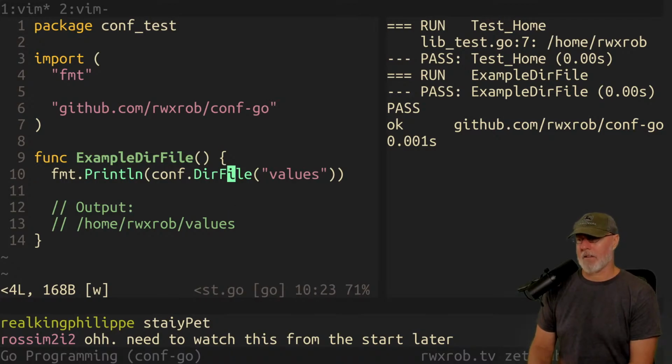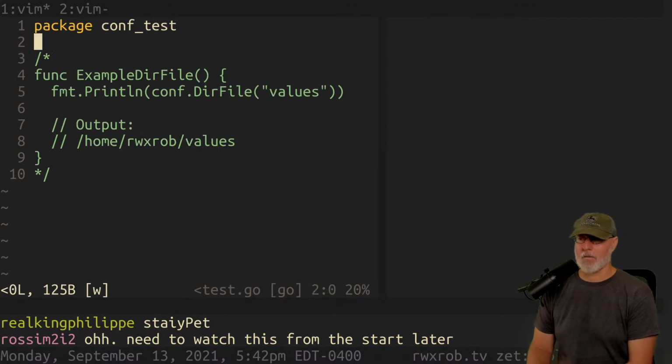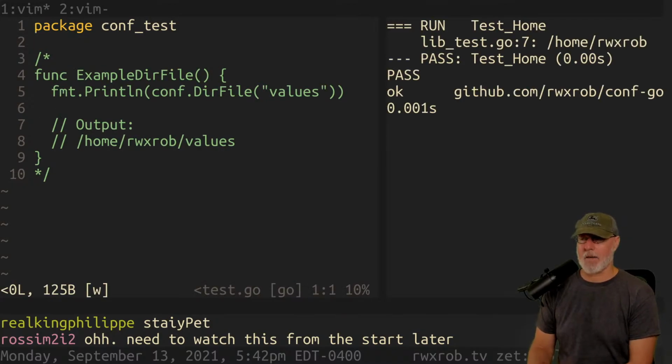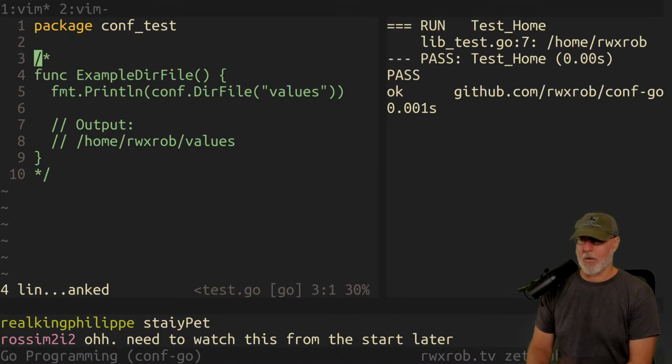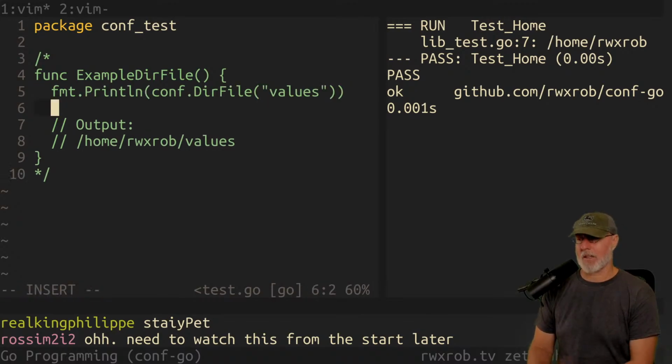But I mean, we can leave it right there. I'm going to tell you something I probably shouldn't. One of the things that I do is I leave in example tests like that and I comment them out, because I know that it did the testing and I can come back to it later, right? Another thing too is I tend to leave the lines off, because actually I forgot about that.